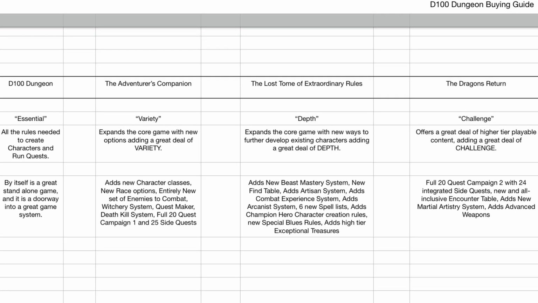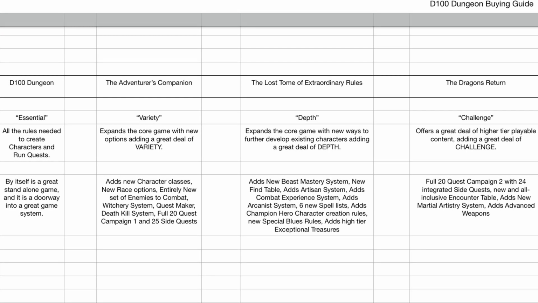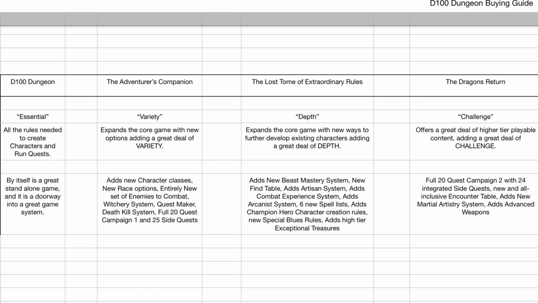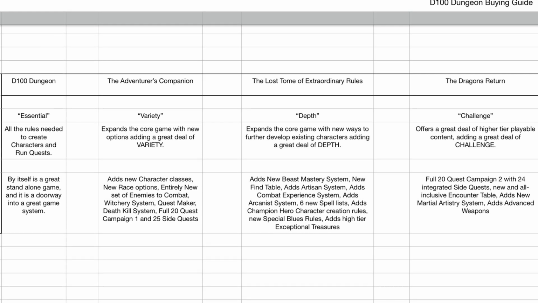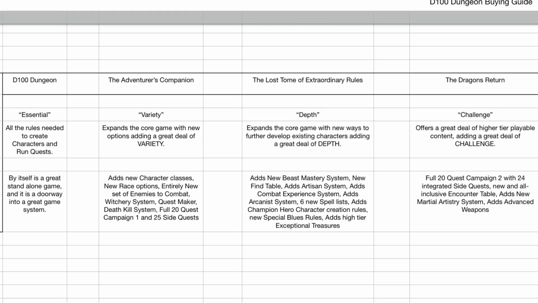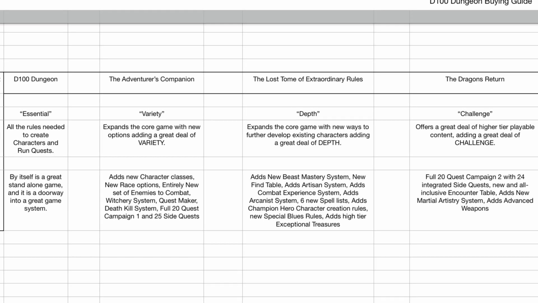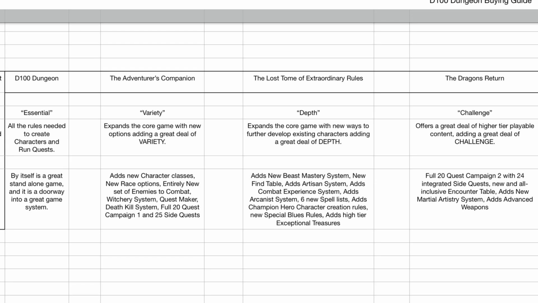The 3 character classes and 3 racial options available during character creation offer a lot of variety, and more than it might appear, as each combination of class and race, especially each class, plays completely differently. And each class will specialize in a different aspect of dungeon crawling, whether it's combat, exploration, or through casting of